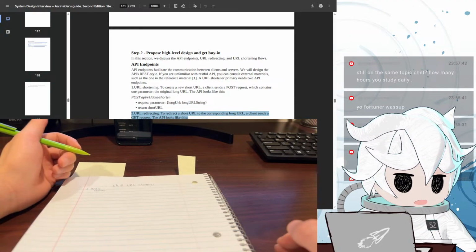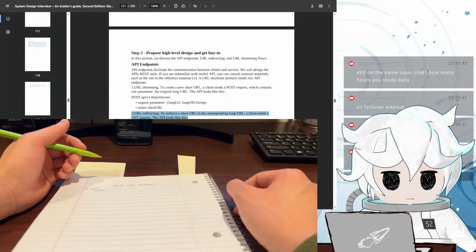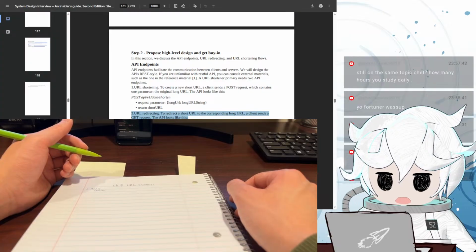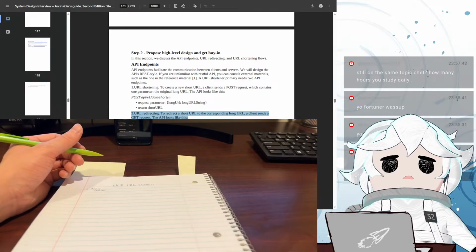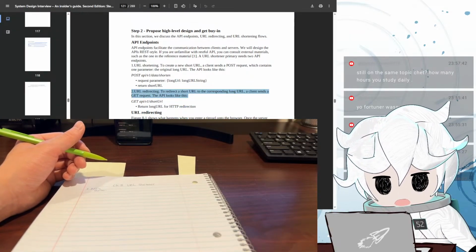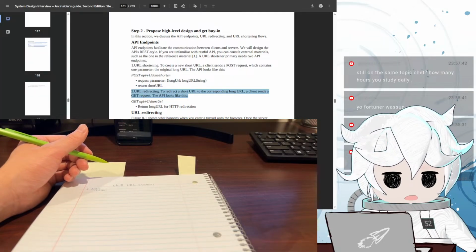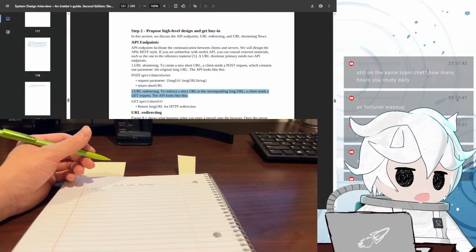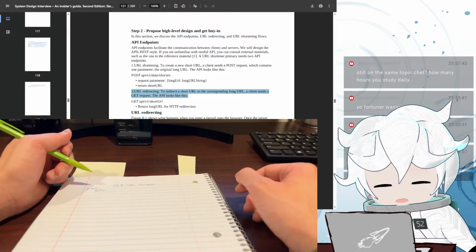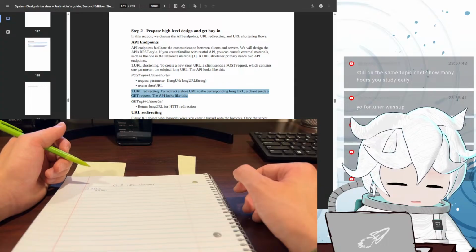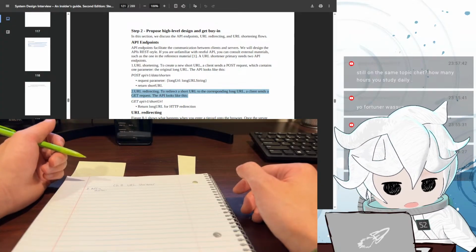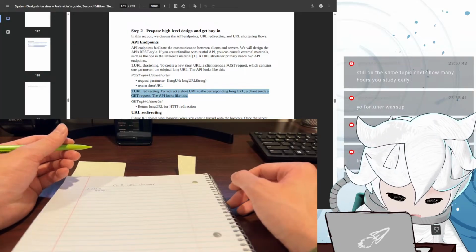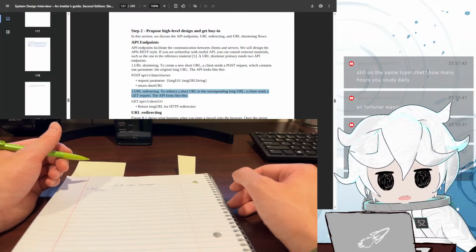Okay, so URL shorteners, there's 2 APIs. Still on the same topic, chat, how many hours you study daily? Actually, I'm not on the same topic. Well, I'm still on the same book. We're on chapter 8 right now, learning how to do URL shorteners, system design. As for how many hours do I study daily? 1 to 2 hours. Literally however long I stream. I have no motivation to study outside of streaming. I need someone to watch me, or else I have no motivation.